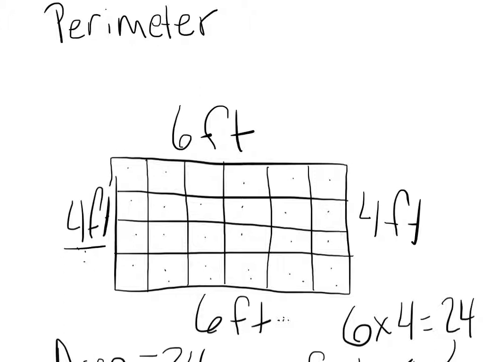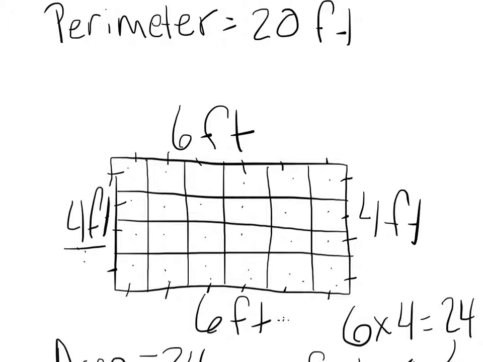Alright, one thing that you could do is count the outside lines. So 1, 2, 3, 4, 5, 6, 7, 8, 9, 10, 11, 12, 13, 14, 15, 16, 17, 18, 19, and 20. So we know that the perimeter is 20 feet, but this only works if you have squares. So if you do have squares and that's the way you want to do it, then you can pause the video here. Otherwise,